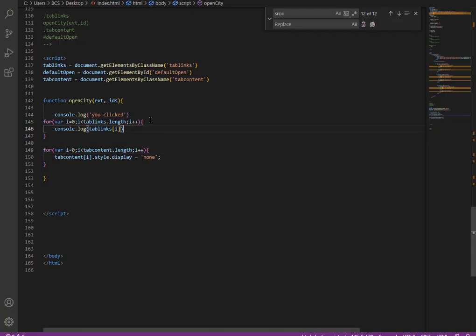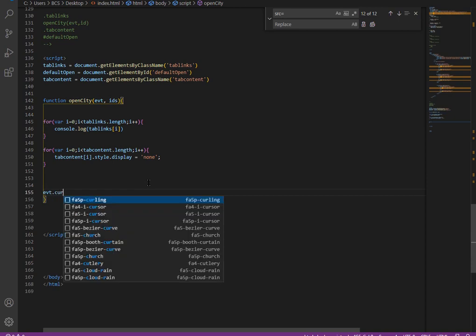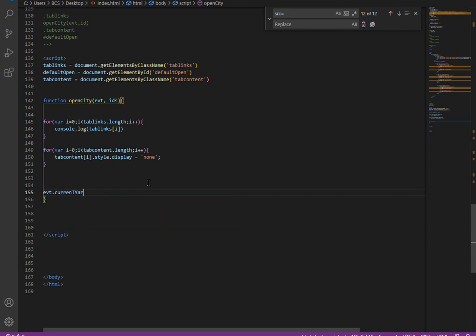So on button click I want the class active to be added to this button. With the help of the event, let's use event dot current target. If you use console.log and EVT, you will get all the relevant functions.